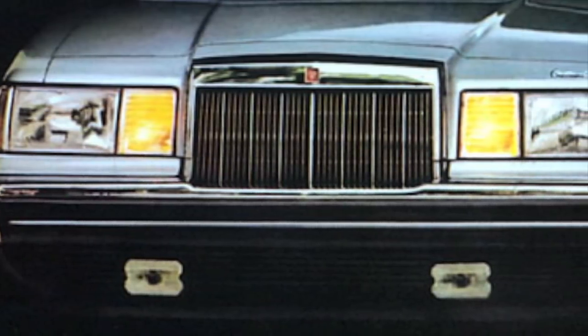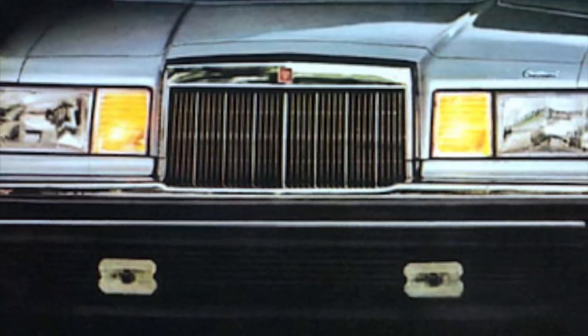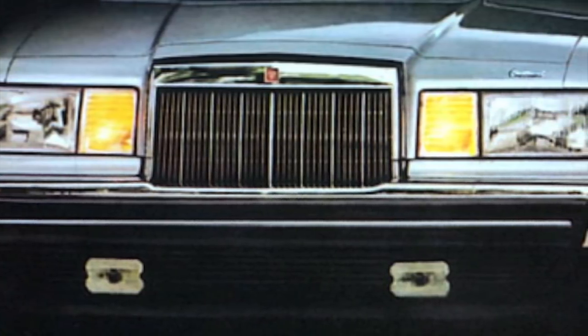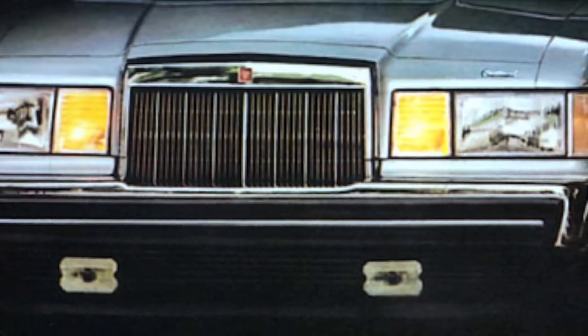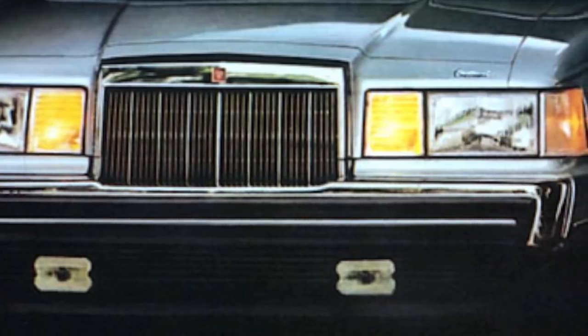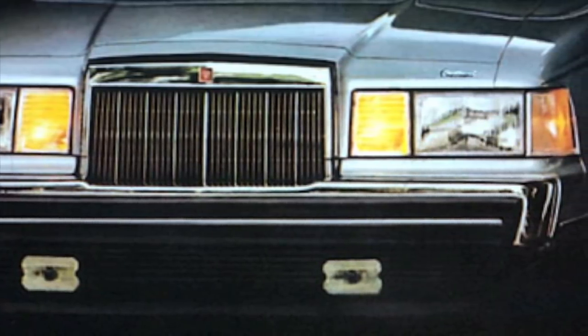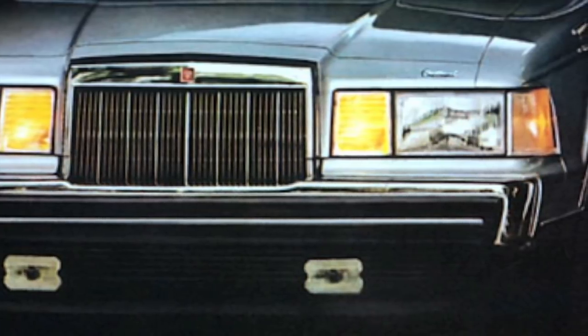The LSC's 5.0-liter V8 had enough performance to give it performance car credentials in 1984. MotorWeek, a TV show that test drove different new cars back in the day, recorded 9.7 seconds from 0 to 60 miles per hour and 16.8 seconds in the quarter mile with the 1984 LSC. These were excellent performance times for the day, especially considering the LSC had a hefty curb weight of a little